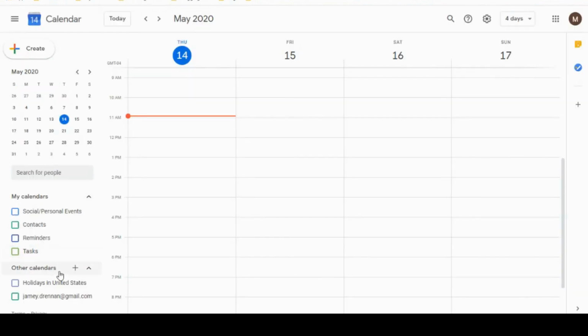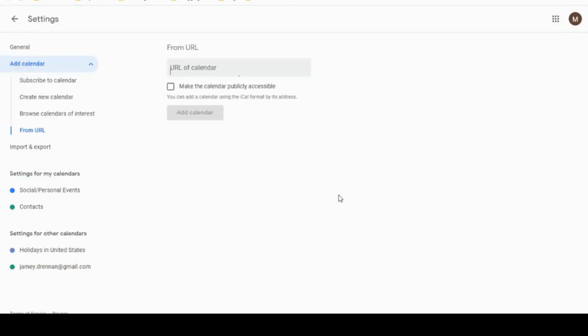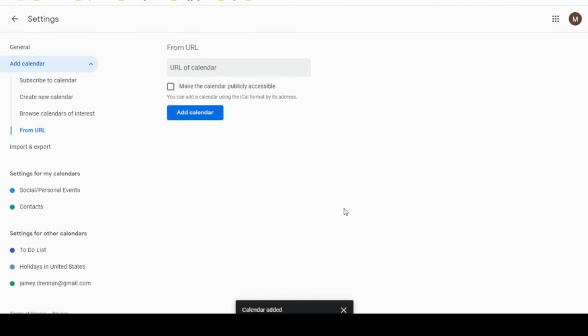You can see here I have other calendars, and I have a little plus sign that says add other calendars. So that's where you want to add this calendar. You're going to click on that plus sign, and you're going to click on from URL. And you're going to Control V to paste that, and then hit add calendar. Okay, so now it looks like the calendar was added, and it shows up as a to-do